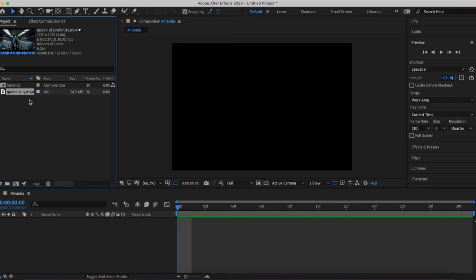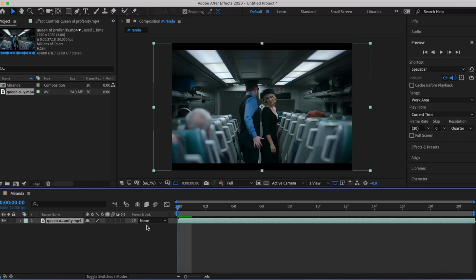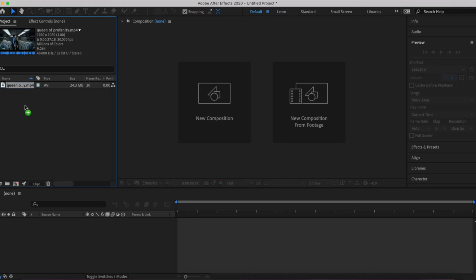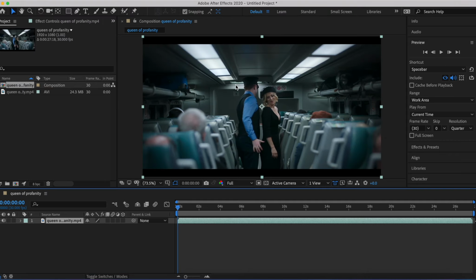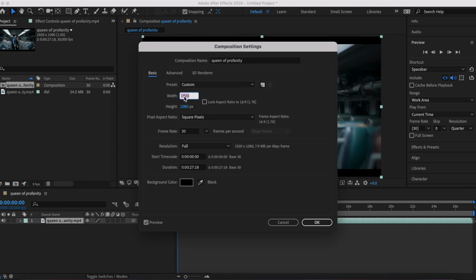Basically what else you can do alternatively is you can just import your video file into your composition. This is how I used to do it, where you just put it in and then mess around with it. But another really easy thing to do, let's just get rid of this composition. Say you're back here, but you've imported your video file. You just drag it in, and then you've got it. And then you want to go up to composition. You can't see it on here because it's kind of chopped off the top of my bar, but if you go up to composition in your menu bar and you go to composition settings, you can do the exact same,